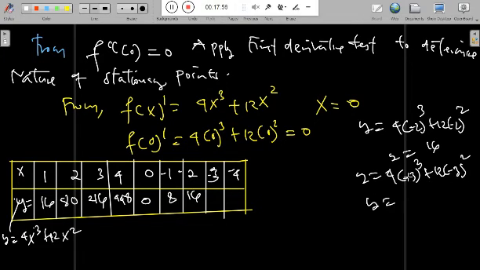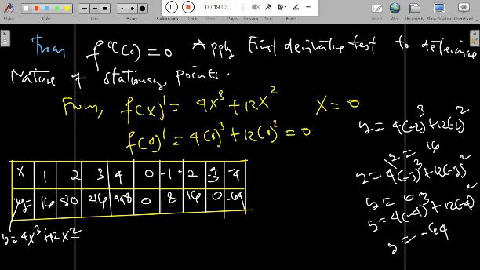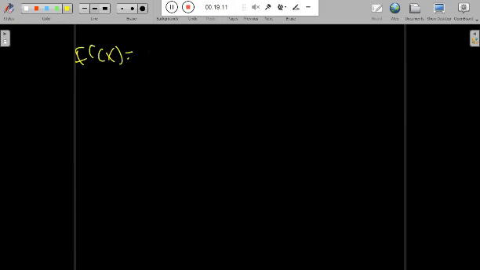And when we plug in -3, the answer will be equal to 0. And when we plug in -4, we obtain -64. So when you try to sketch out the graph of the function, that is the first order derivative,